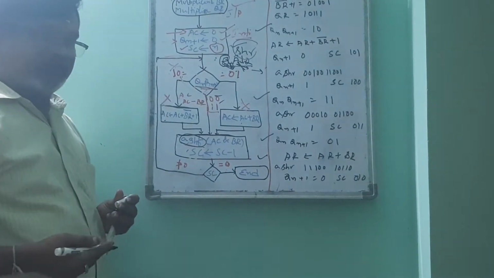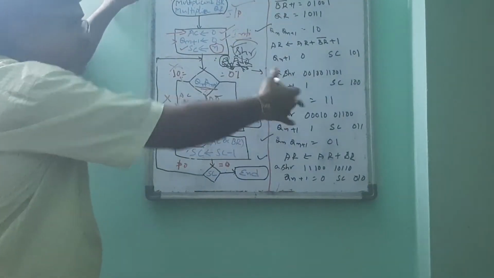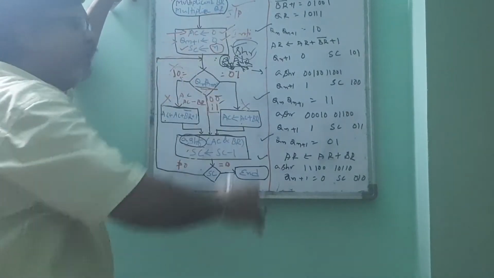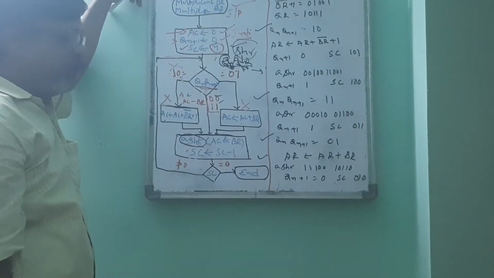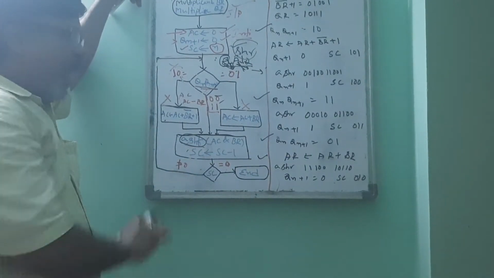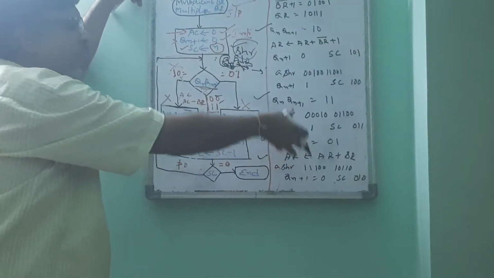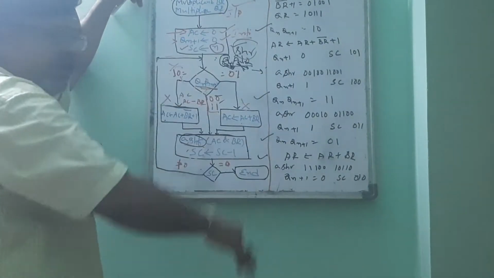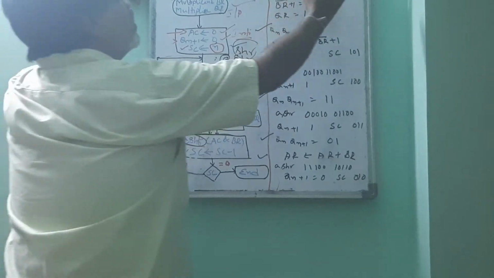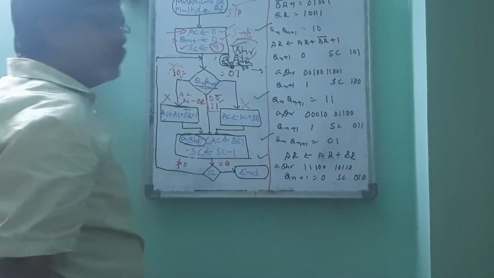But we take an example here. Again, I am apologizing to you people due to insufficient space on this blackboard. I am unable to give the full explanation of this example. After explaining a part of it, we will rewrite the total example in detail and get back to you. So here, the value of BR is 1011.